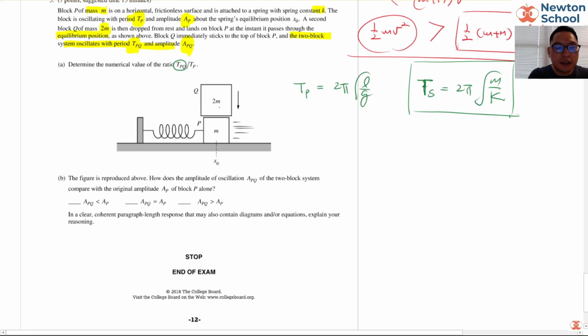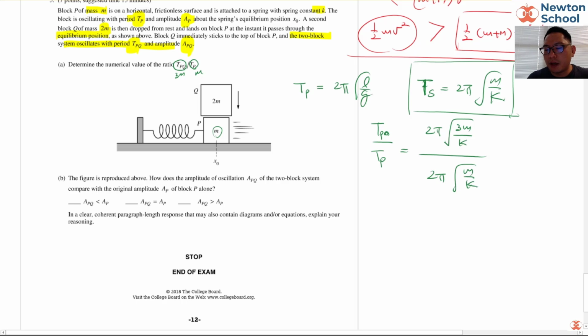PQ is the case when they stick together, so this one has a mass of 3m. TP is just the single mass m, right? So basically TPQ over TP is 2 pi radical 3m over k, over 2 pi radical m over k,